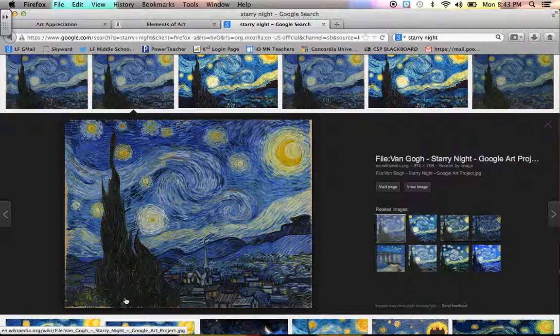In the foreground here, we've got this mountain or bush of some sort, and the lines here are somewhat curved, but they go more at a vertical. That helps distinguish between that area and the background sky. If they were going the same direction, it might be a little bit harder to read. Then we've got the glowing stars here, where the brushstrokes actually circle around the stars. So that makes your eye move in a different direction, and it also helps create that feeling of